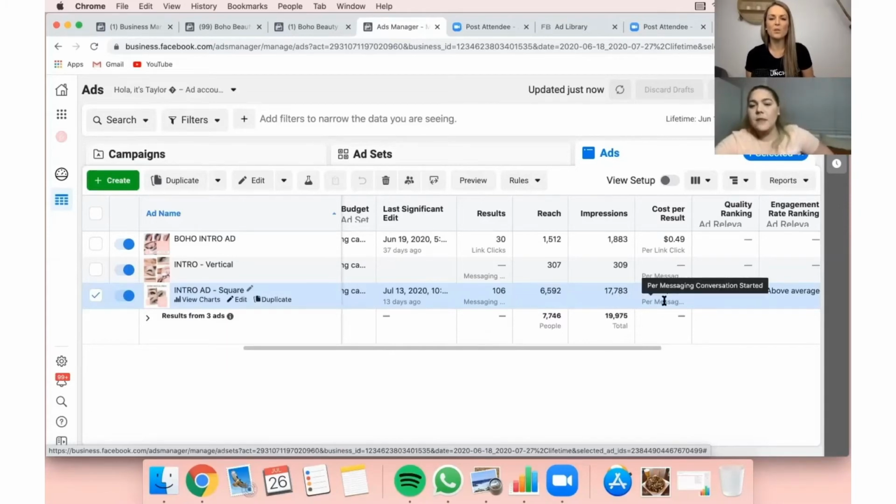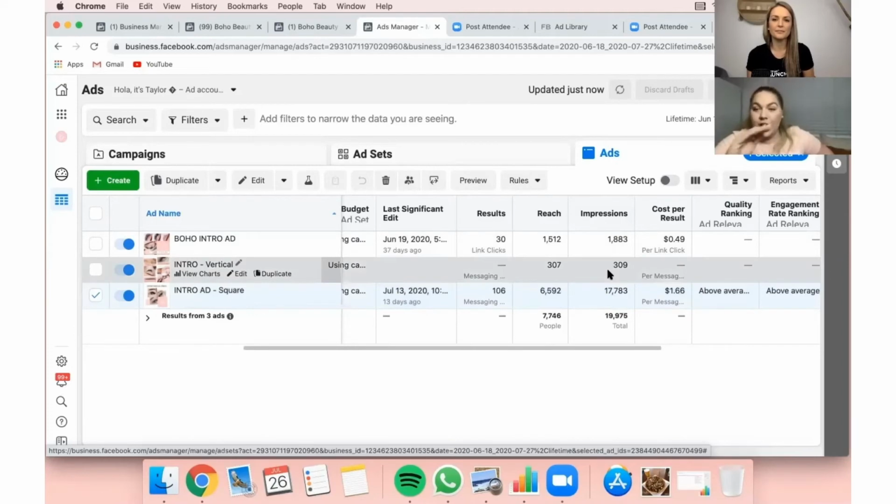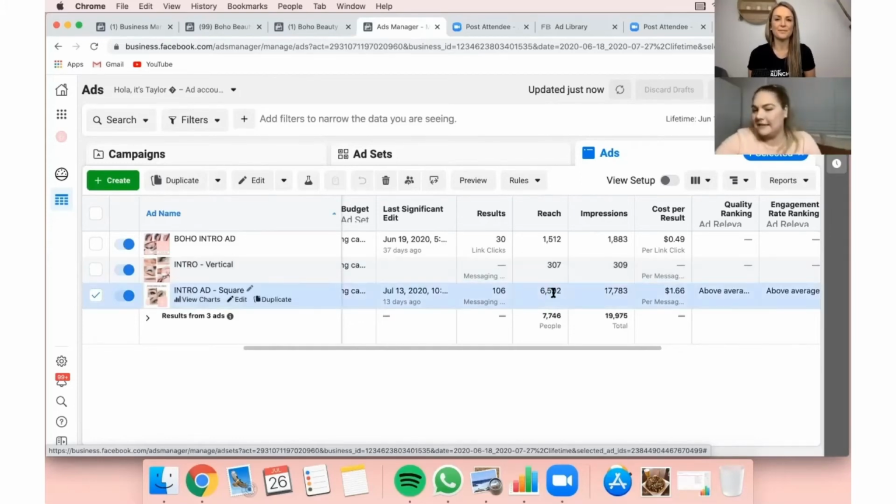Yeah. What's impressions? An impression is when someone's actually stopped to look at your ad. Oh, gotcha. So scrolling through, it might have shown the one person 3 times, but they've only stopped once. So that'll be an impression. But they might have stopped twice. So that's going to count as 2 impressions. Gotcha. So of that 6,592, those people might have stopped twice to read the ad and debate it.